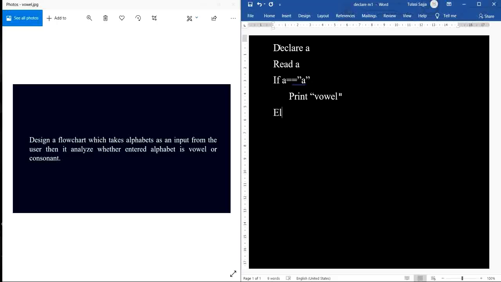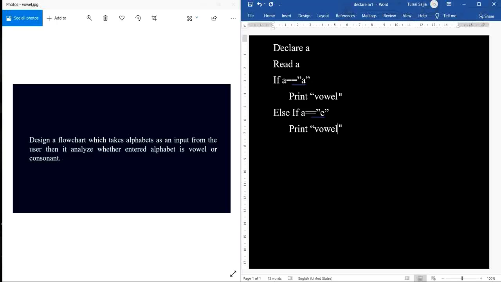Otherwise, check one more condition, that is the next vowel E. If the entered character is equal to E, then it says it is a vowel.